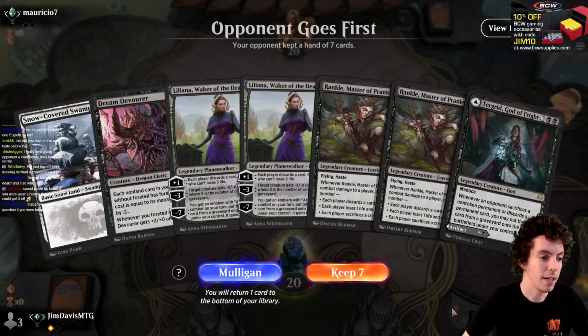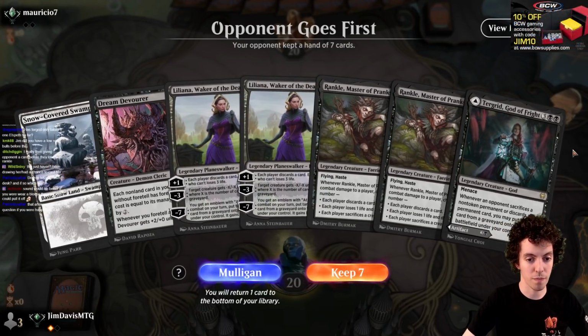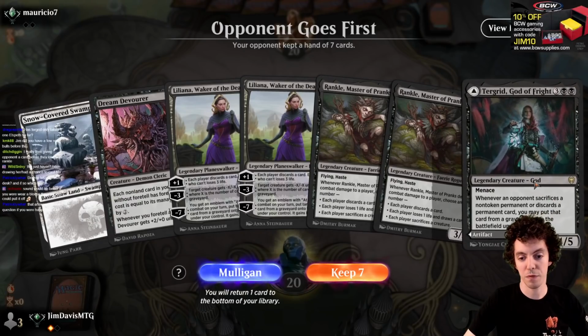Alright, so we can't keep a hand with 19 mana worth of lands and a swamp, so we're going to mulligan. Obviously, find Tergrid for once, but